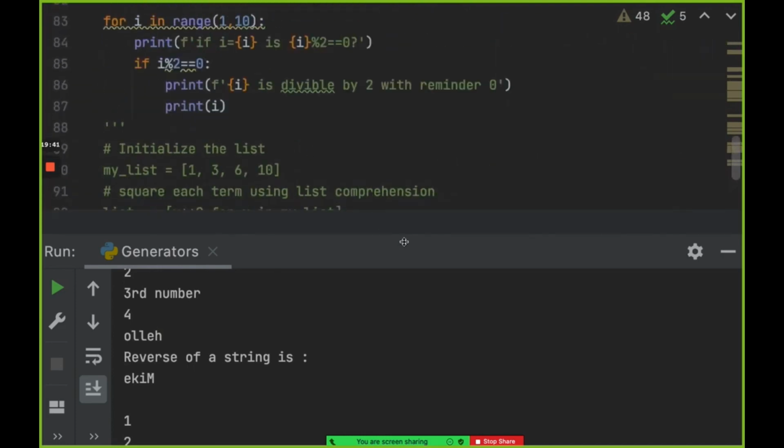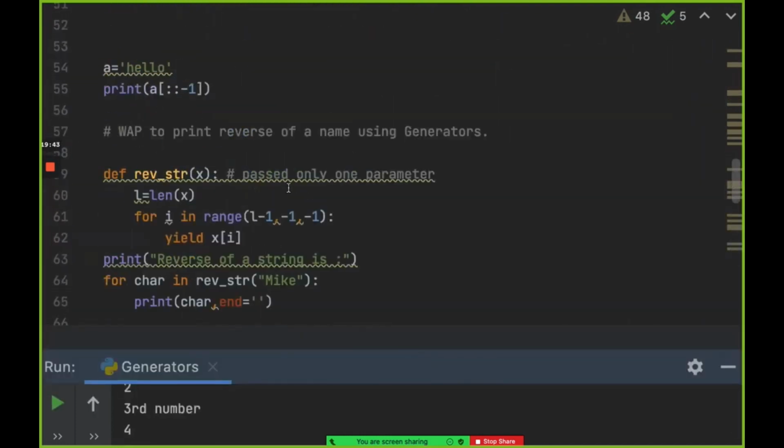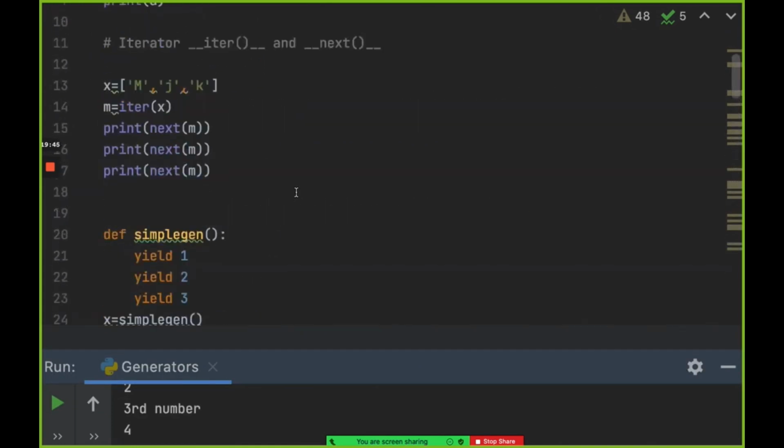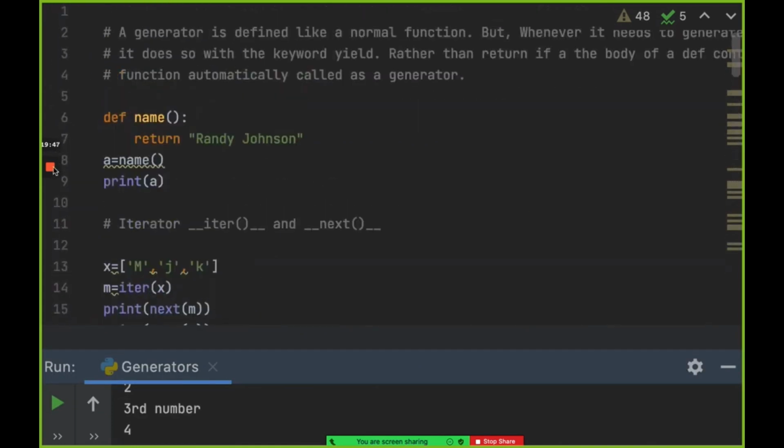Okay. Awesome. So now here, let me first... This is iterators and generators, like we have done. So let me just